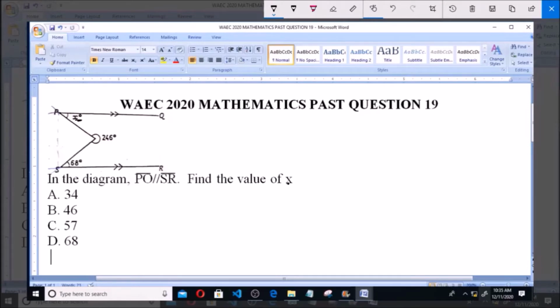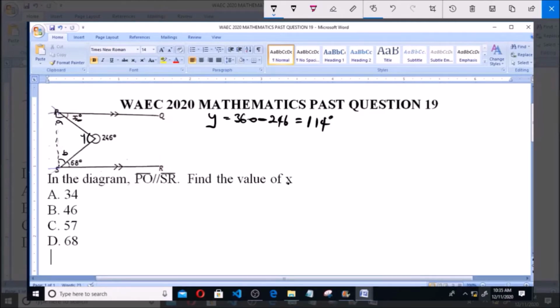This is x here. Now, let's just briefly complete this side. So, we have to find the value of x. Let's name this here A, let's call this angle B, and let's call this angle Y. So we have that Y is equal to 360 minus 246, angle at a point, and that is equal to